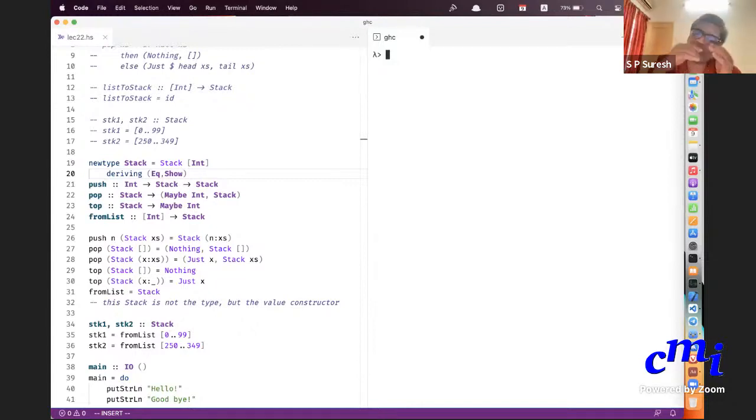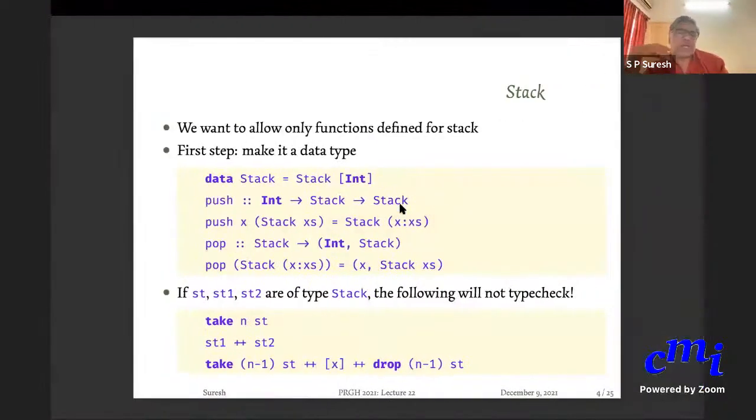Is this clear? What we have done till now? Yeah, we want to make it more abstract. Such things are called abstract data types. Okay, because you want to abstract out the... you are providing your own data type with these operations, and it's abstract in the sense that the data type is defined by the operations that you support. So you will say that you can do push pop, etc. This is the behavior of push, this is the behavior of pop, etc. And that's it. There is no other way in which you can access the data type. Okay, all the access to the data type should be through one of these functions. Okay, such things are called abstract data types.